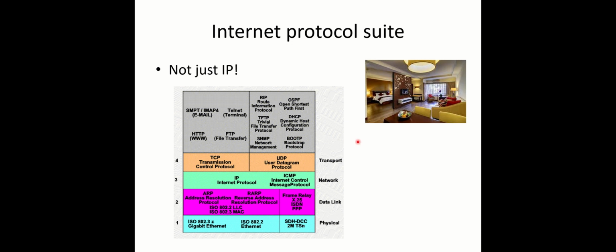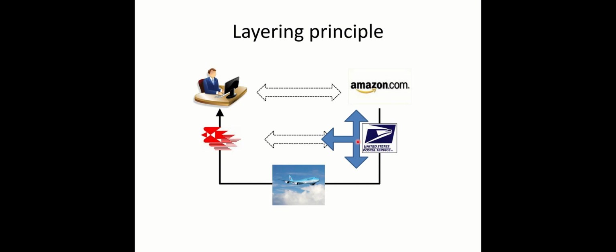To explain the notion of layering, I need to use an analogy. Suppose I'm ordering a book from Amazon.com, and what I do will be punching in my credit card number and the title of the book, and in the last step I will push a button ordering the book. Amazon.com, when it receives my order, will find the book from the shelf and put it in a box maybe and attach a label that shows my address. And in a couple of weeks, maybe I will